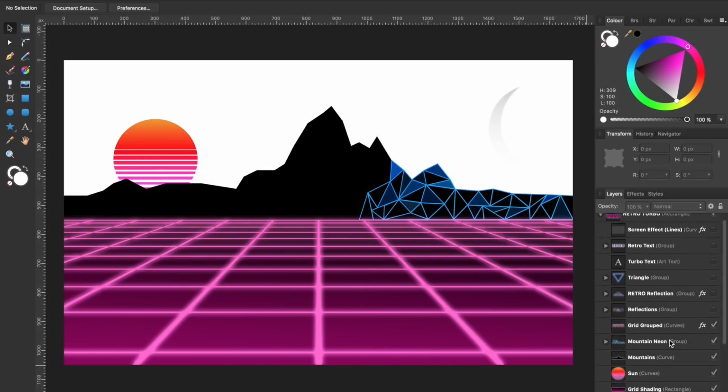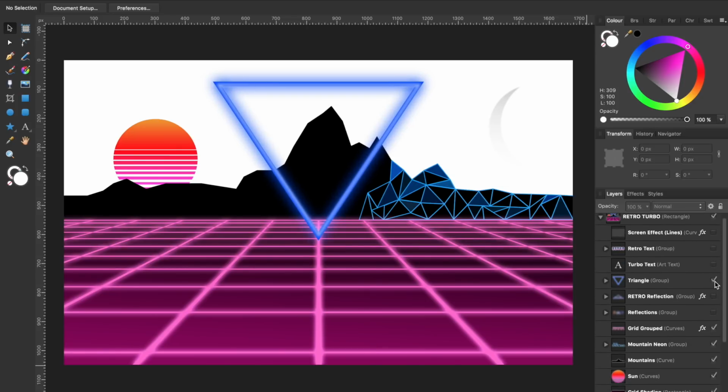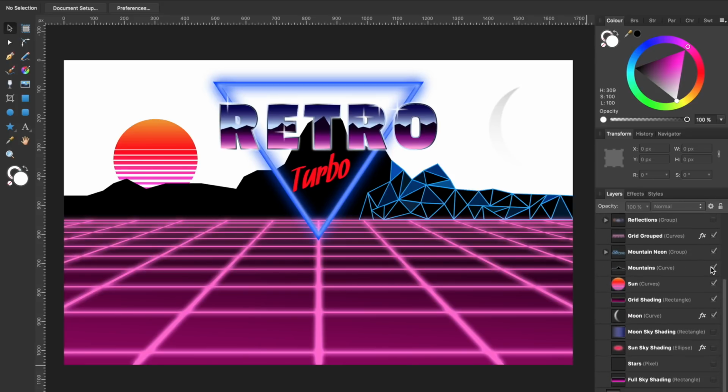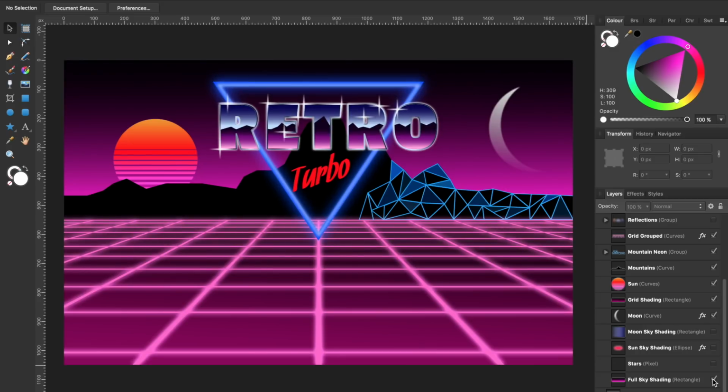Next, we added the triangle and also the text that went with that triangle. And we also added the sky and some stars to go in with that. So the only thing left now is the reflections and the overall effect over the whole image.